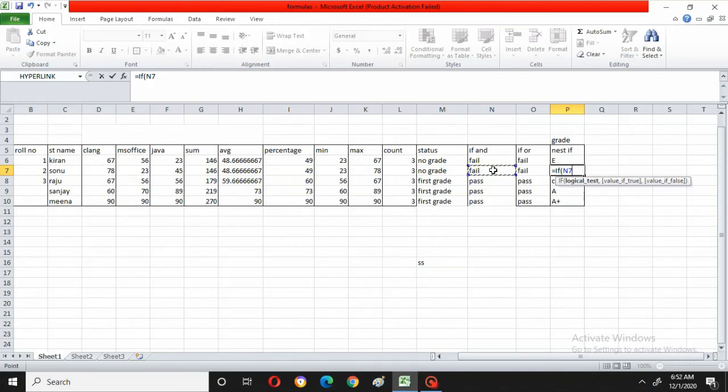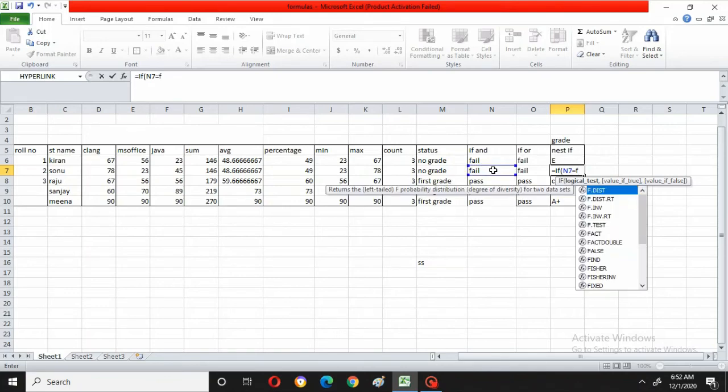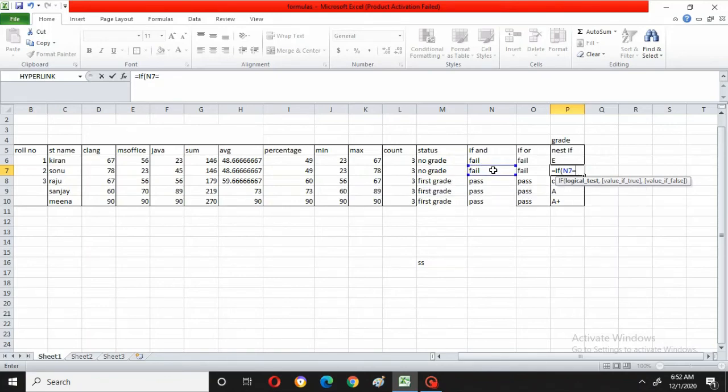Now if N7 is equal to fail, you have to give codes, you have to follow the rules and regulations, then only it will work. Okay, if N7 is equal to fail, comma, then type E grade. Okay, this is over.